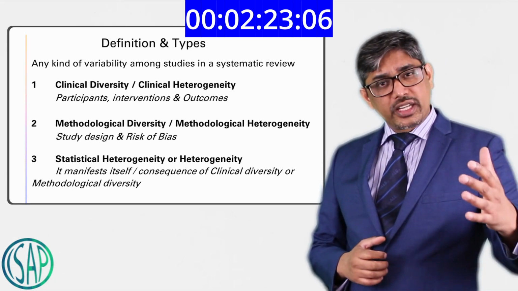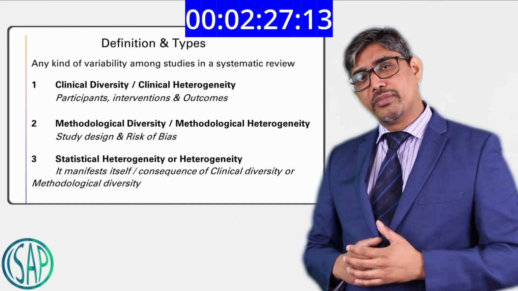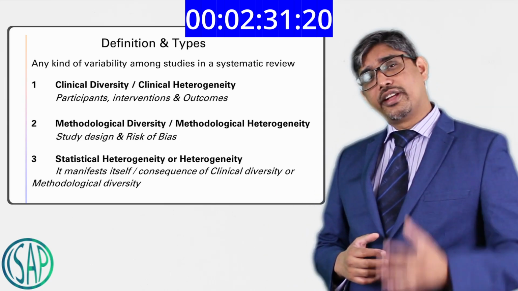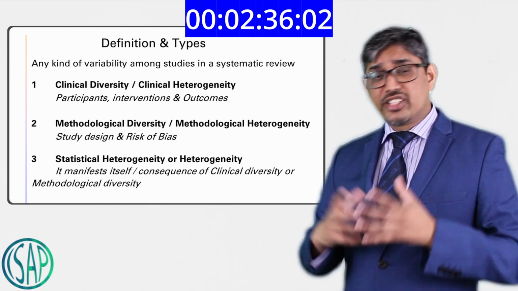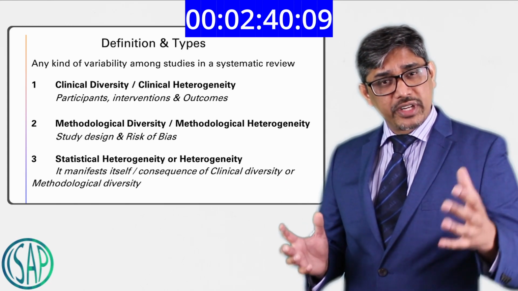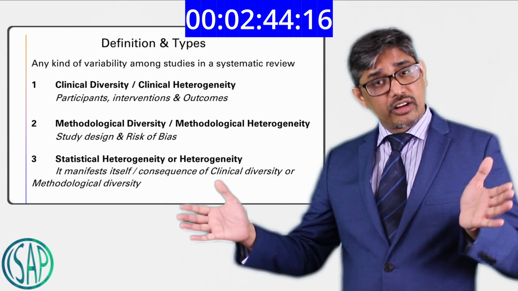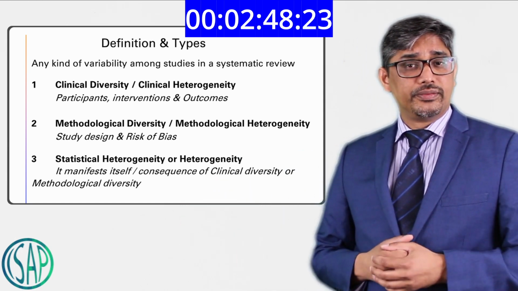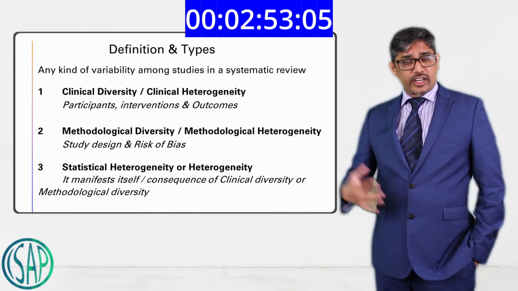So an outcome that is coming from randomized controlled trials is not same as that of outcome coming from the retrospective studies. So if you pool the outcome from randomized controlled trials with that of retrospective studies, the pooled estimate does not represent actual estimate. There is a risk of bias combining different types of designs. So the risk of bias leading to different outcomes and wider confidence intervals, that is methodological heterogeneity. If you don't identify the heterogeneity, then comes statistical heterogeneity.